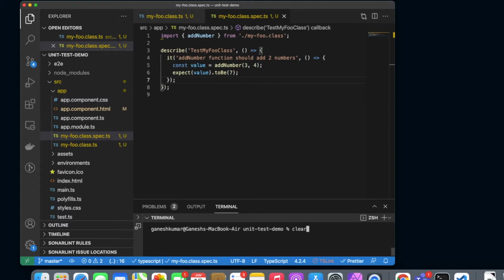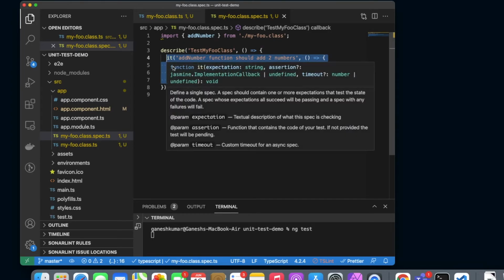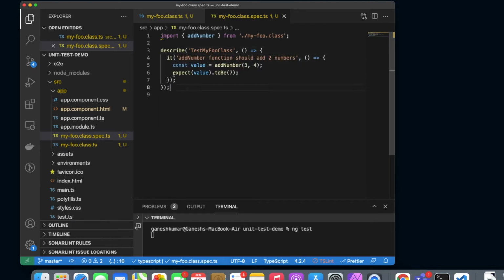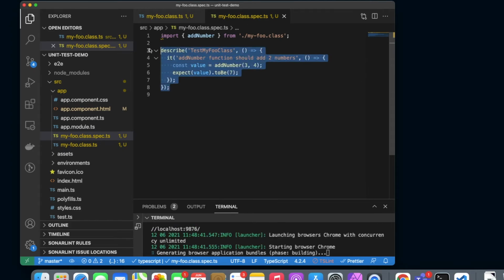So let me go ahead and run the ng test command here. What ng test is doing is compiling the Angular project, finding the spec.ts files and running them in sequence. If the test expectation is satisfied, the test case will pass. If all the test cases inside the suite pass, the suite will also pass.